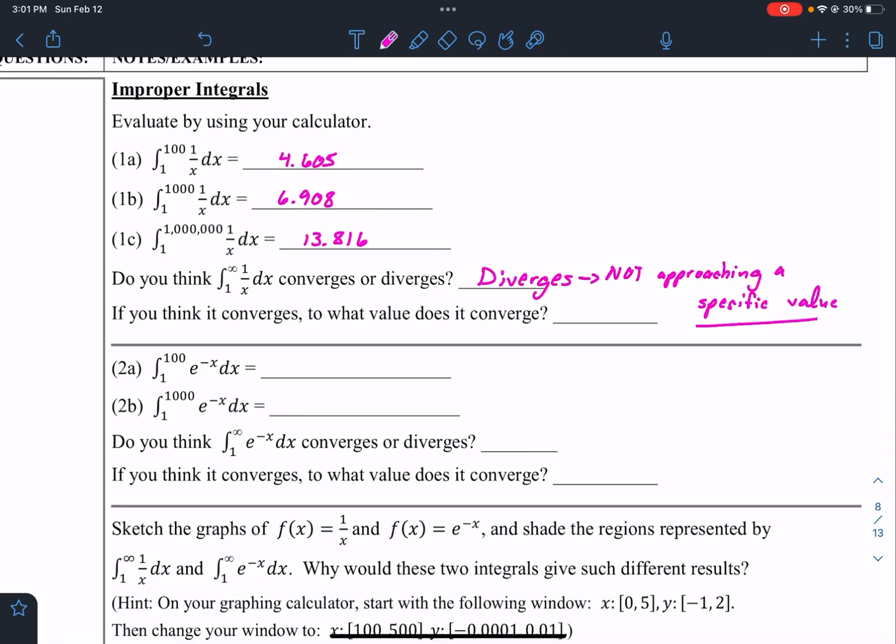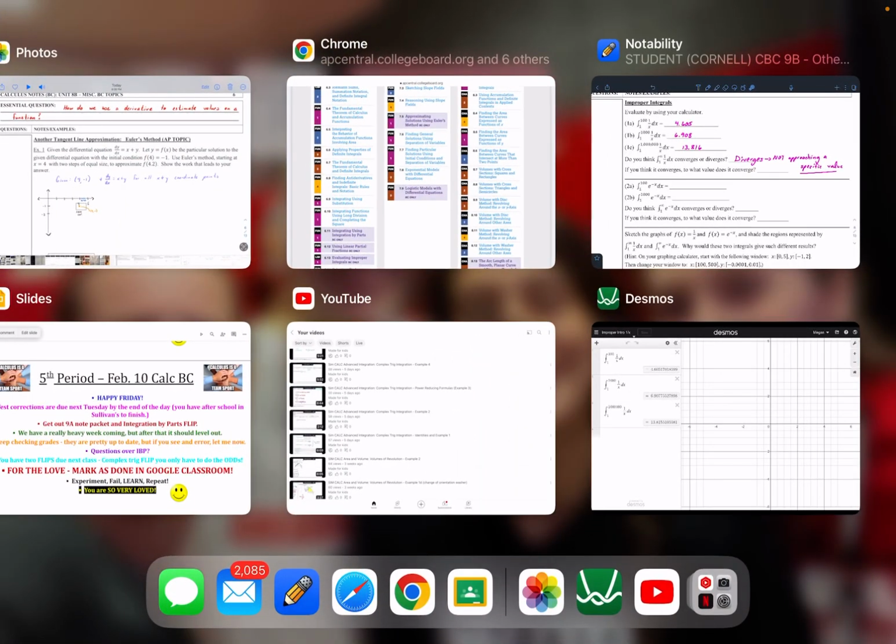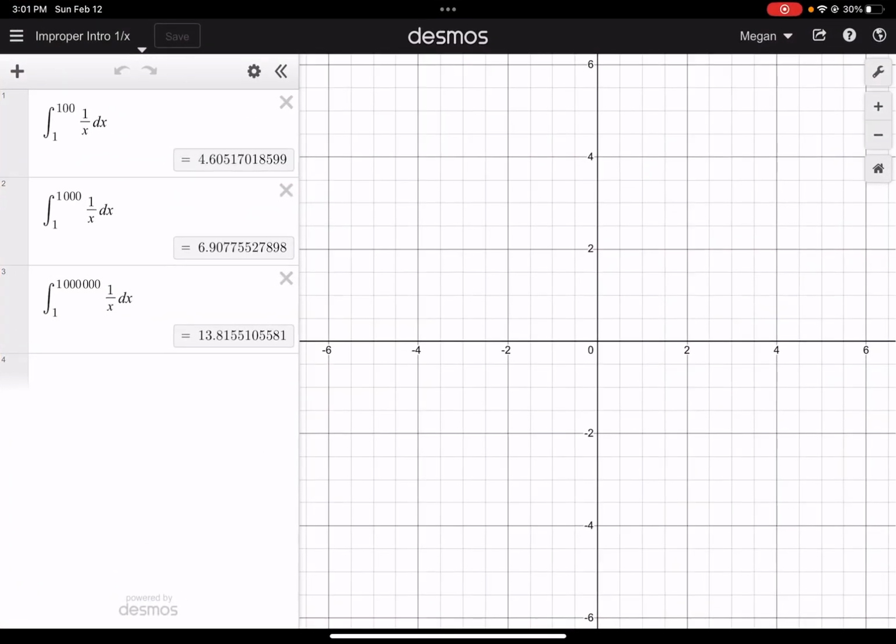So now let's take a look at e to the negative x. And that graph does have a horizontal asymptote. I'm going to be getting closer and closer to 0, just like 1 over x did. But am I approaching a certain number? So let's take a look here. Here are my improper integrals evaluated, and then I went ahead and did the 1 to 1,000,000. But 1 to 100 is